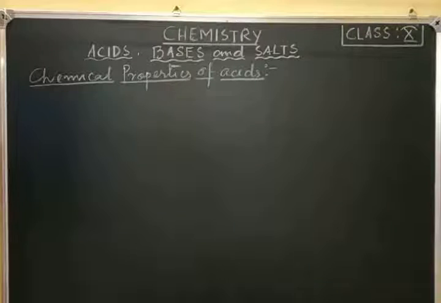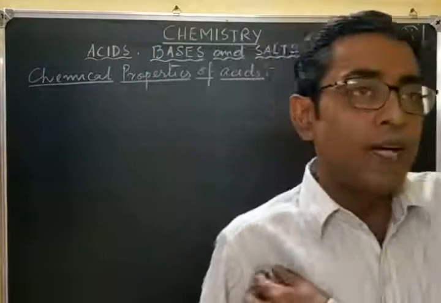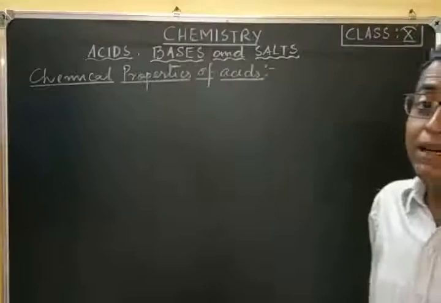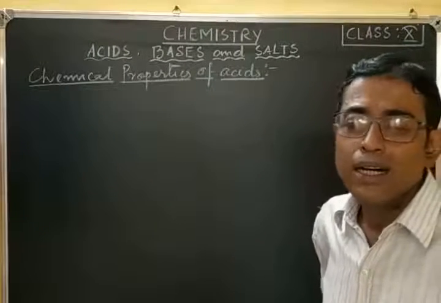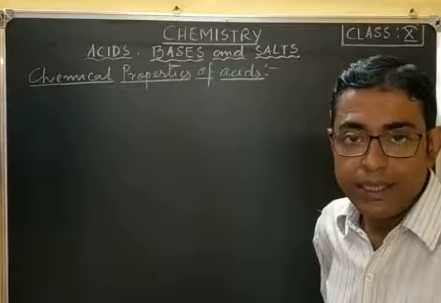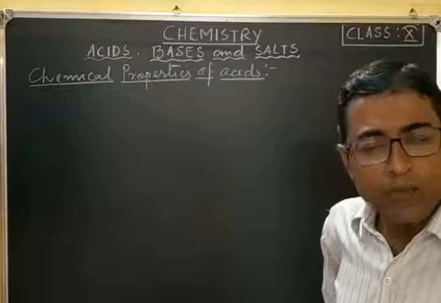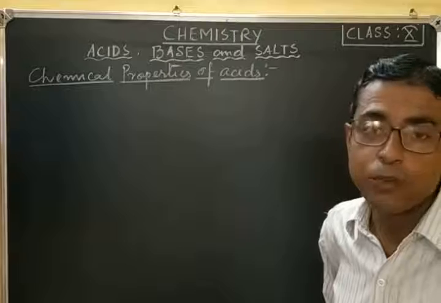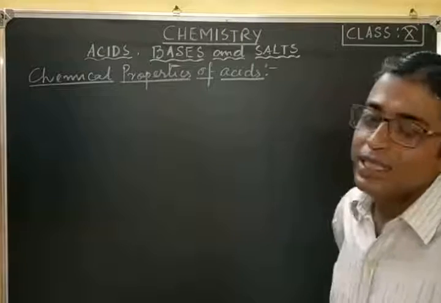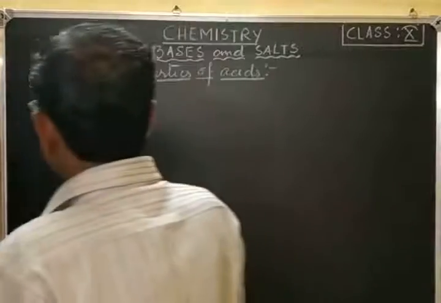Now we'll start the chemical properties of acids. Remember, we will learn the chemical properties of acids more elaborately in our compound section. We have a few compounds: hydrochloric acid, nitric acid, sulfuric acid, and ammonia. There we will learn in much more detail all the chemical and physical properties of acids and bases. So when we talk about acids, the first thing that comes to mind is the neutralization reaction,